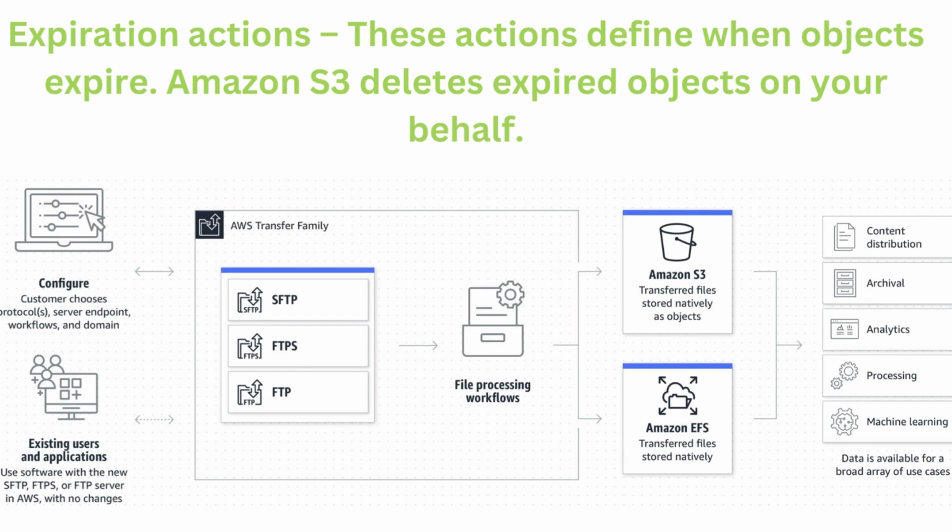In this use case scenario, the perfect solution is creating an S3 bucket with encryption enabled, launching an AWS Transfer for SFTP endpoint to securely upload files to the S3 bucket, and configuring an S3 lifecycle rule to delete files after a month. So we can use S3 as a storage service and for our AWS Transfer